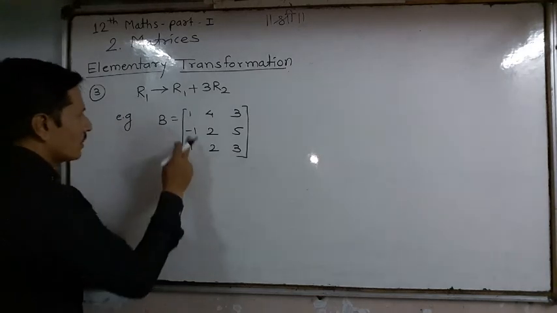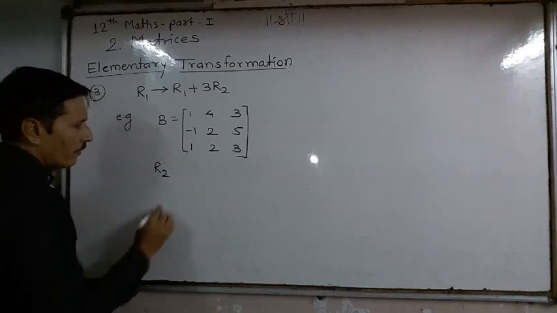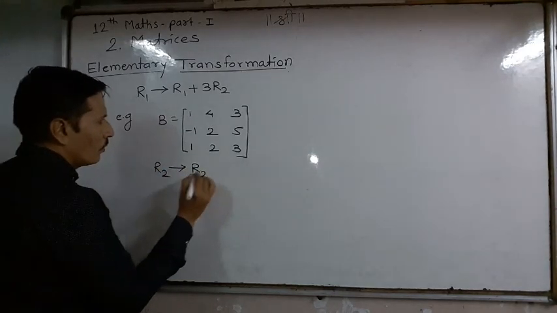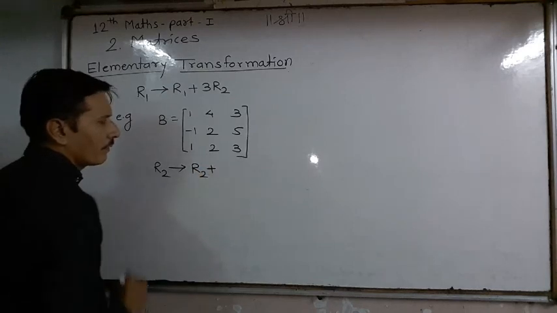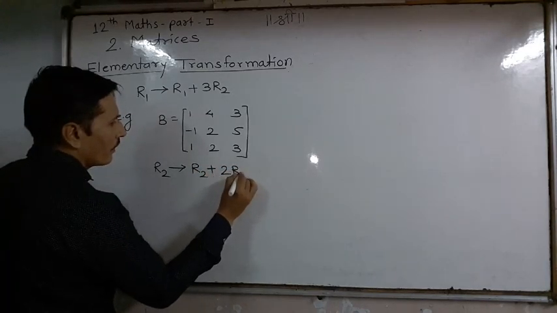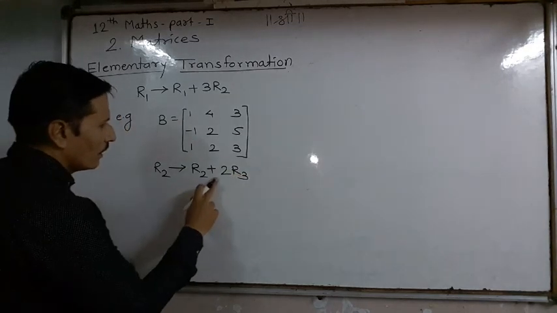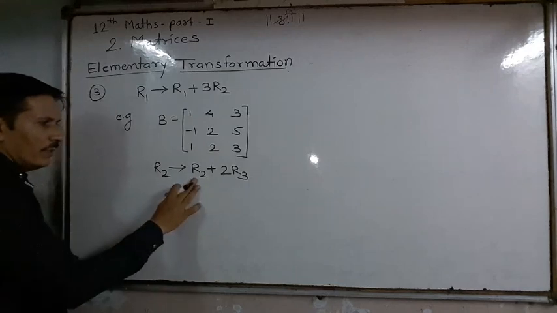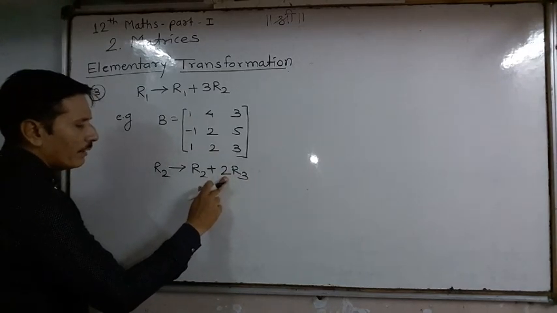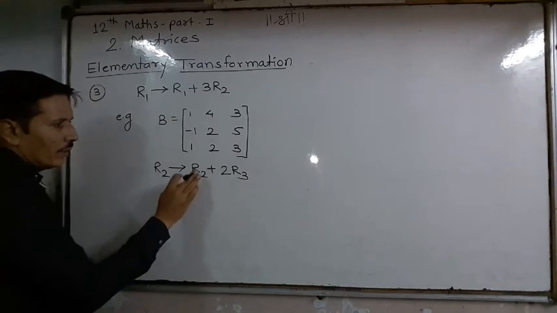Suppose we have to change the second row, so we write R2 changing such that R2 plus 2R3. That means multiply the third row by 2 and all these multiples are added to the corresponding